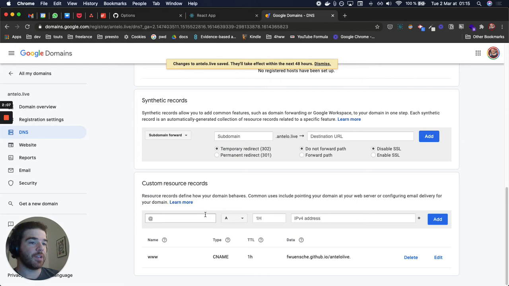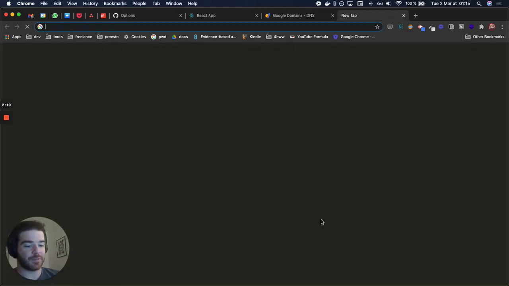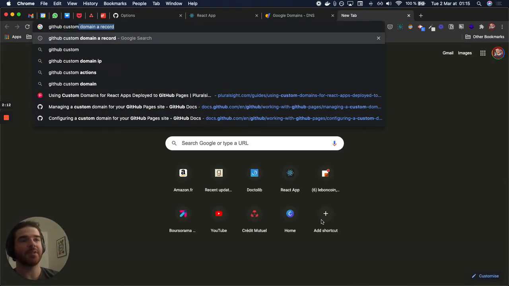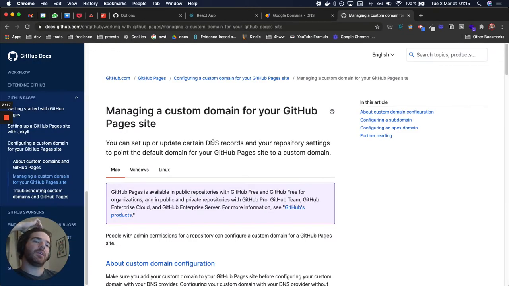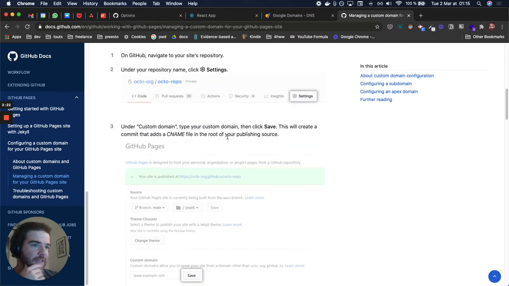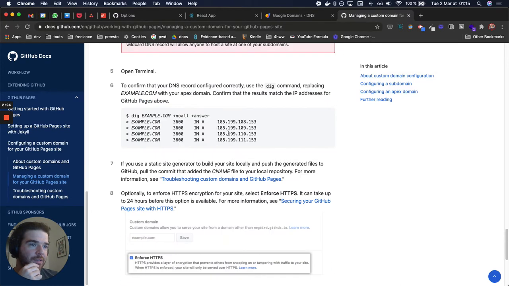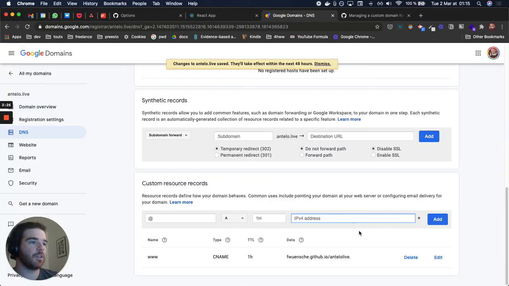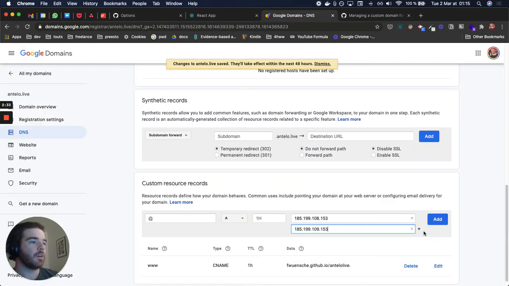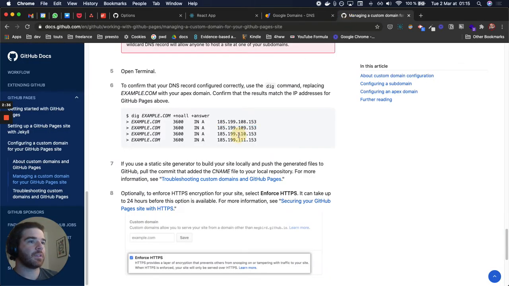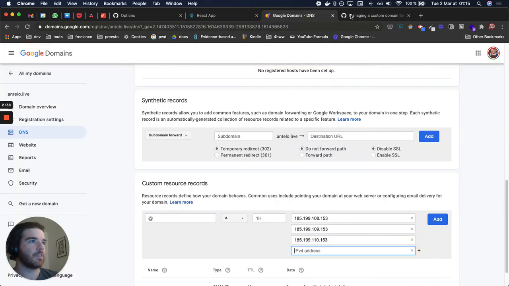And the other thing you're gonna need is the IPs from GitHub. So let's just type GitHub custom domain A records. Yeah, perfect. When you don't know things, you just Google, right, and you click the first result. I think it said it previously, but that's so true. And then you come here and you're gonna need these little things. It's gonna be annoying to copy and paste because you cannot copy and paste all at once. So let's do this like this. Boom, just copy and paste everything.